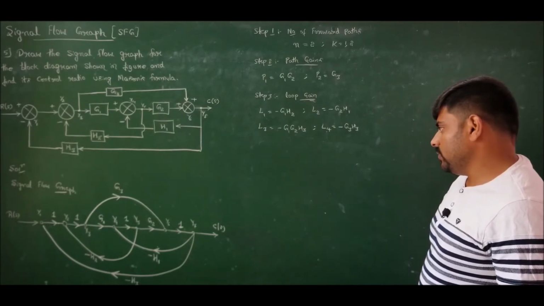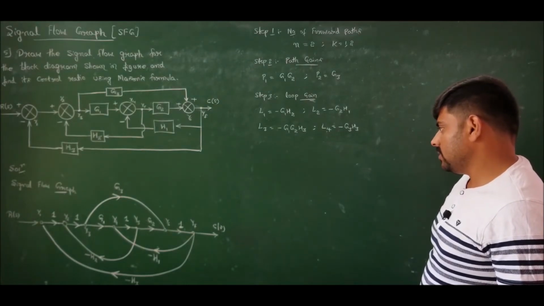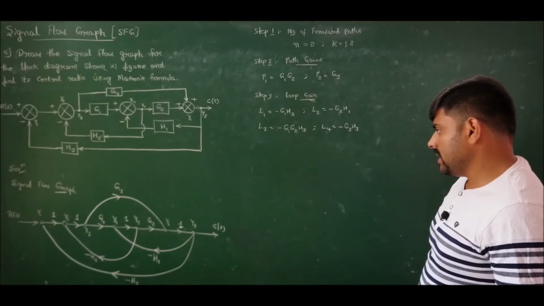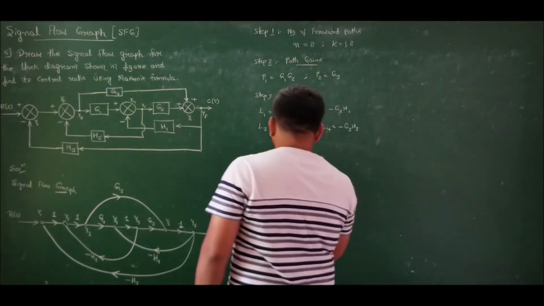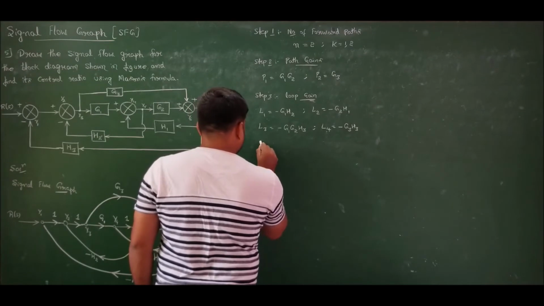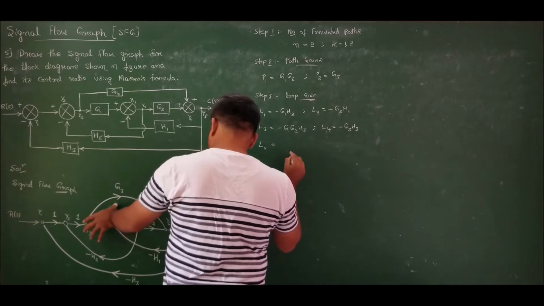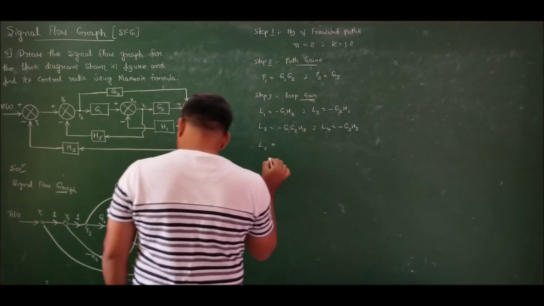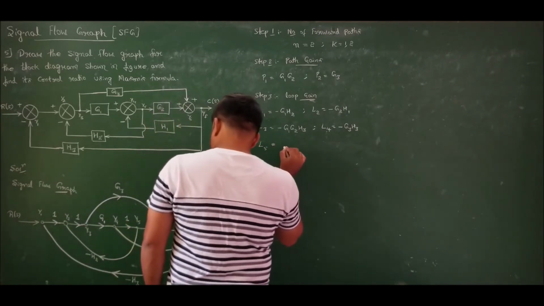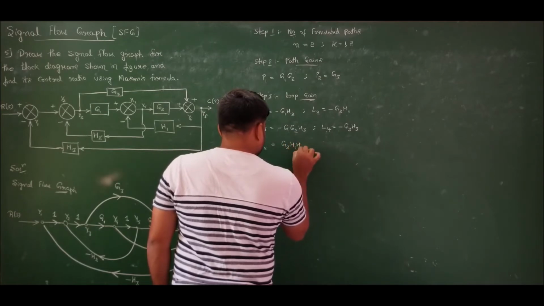If I move on to check for other possible loops, from node y2 I can move through g3, reach node y7, come back through minus h1 to y4, again I can go back to y2 using minus h2. So you can see one more, which is a tricky loop available here, that is loop 5. If you carefully observe, we have loop 5 as g3 times minus of minus, which will become plus, so therefore it is g3 h1 h2.